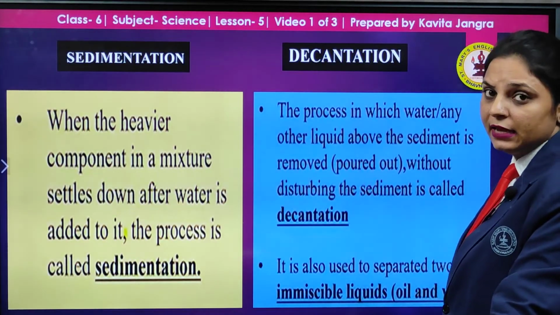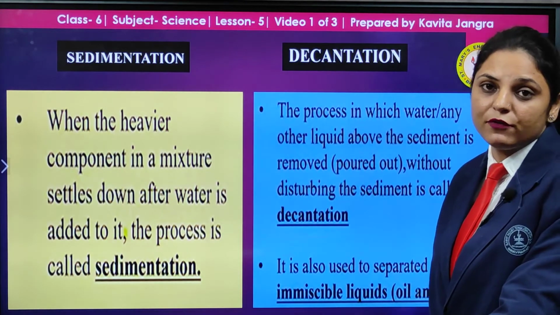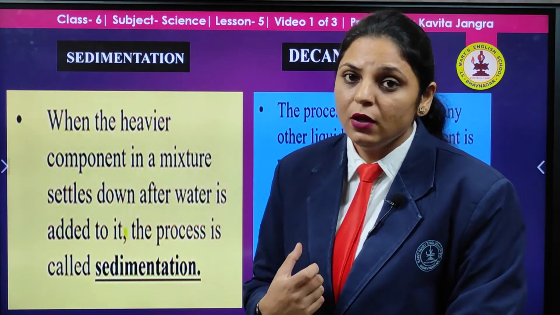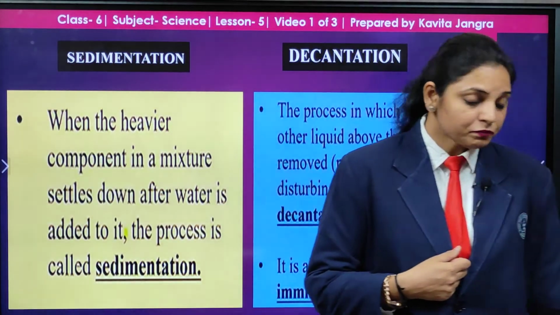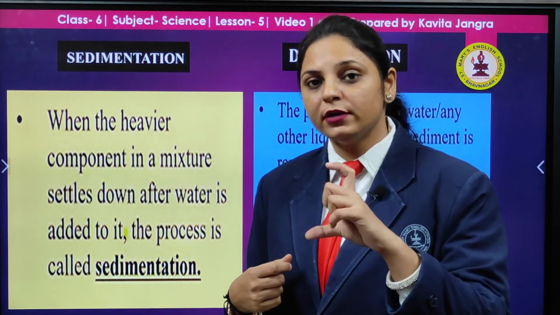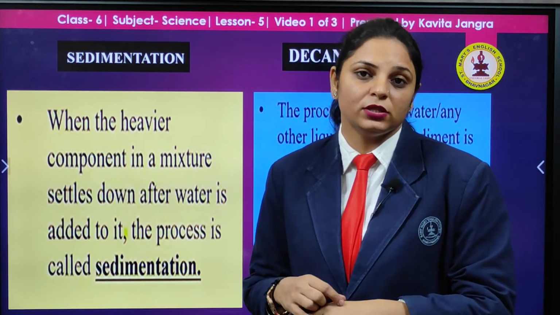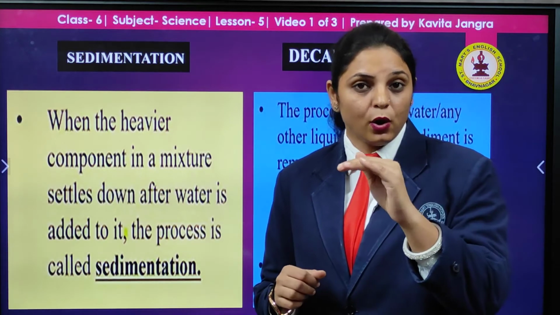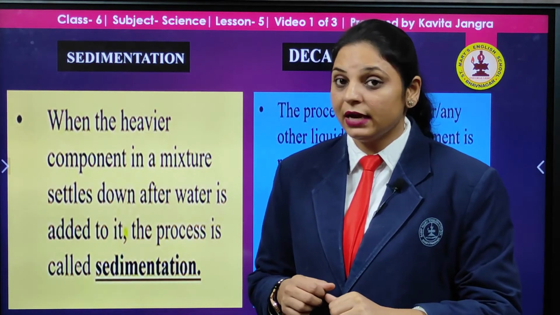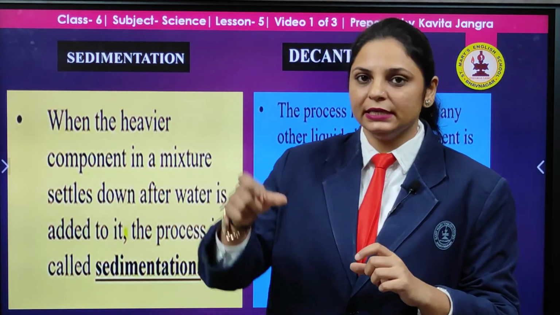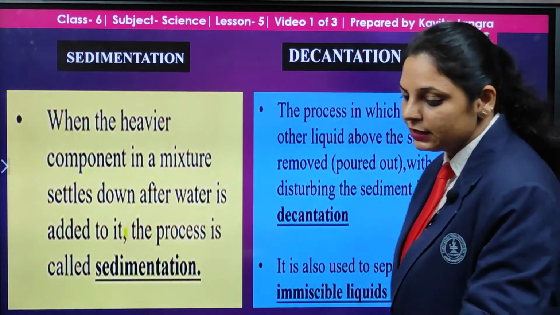That is decantation. It is also used to separate two immiscible liquids. Say, for example, if two immiscible liquids are there. What are two immiscible liquids? If you recall, in our previous videos we have done it, water and oil. These two are immiscible. They do not mix with each other. How are we going to separate them? Because the oil is lighter, it will come on the upper layer, and the water is heavy, it is below that oily layer. We are going to decant it. We are separating the oil from the water. So that is the case of oil and water, the immiscible liquids.